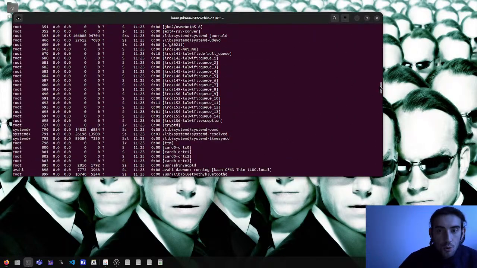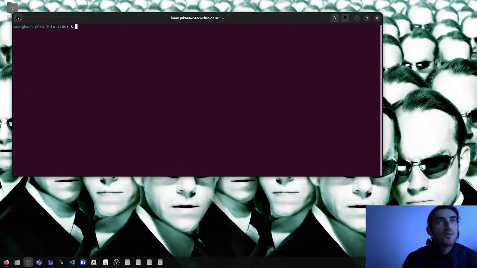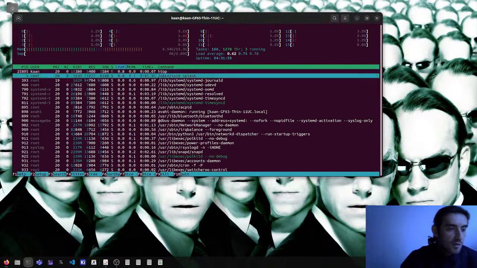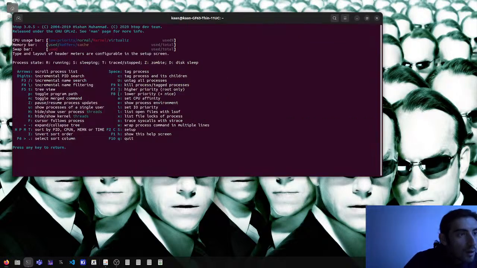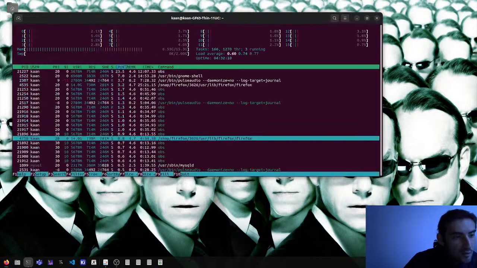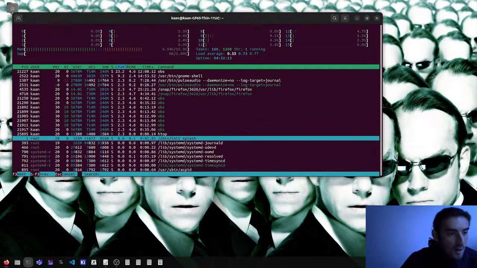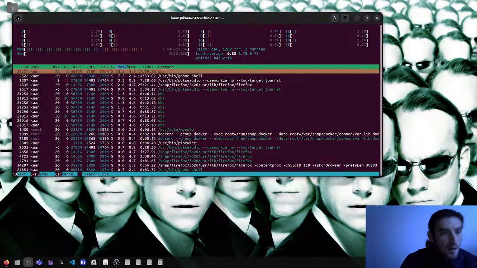Apart from ps, there is also htop. This is much more interactive. You can press F1 for help. It shows the processes, any key to return. F2 is setup, search. For example, you can press F3 and the search opens, so you can search for OBS. I'm recording something, so